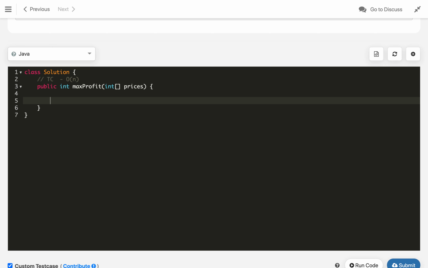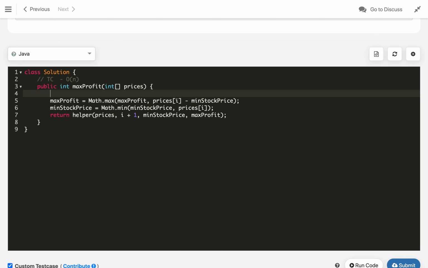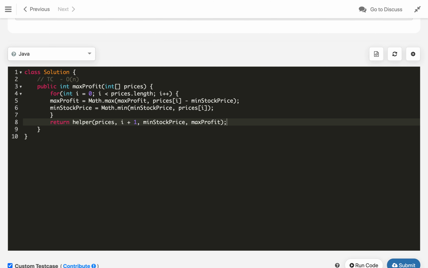For iterative, we will loop in a for loop for int i equals 0, i less than prices dot length, and i plus plus, and here we return the max profit we earn.